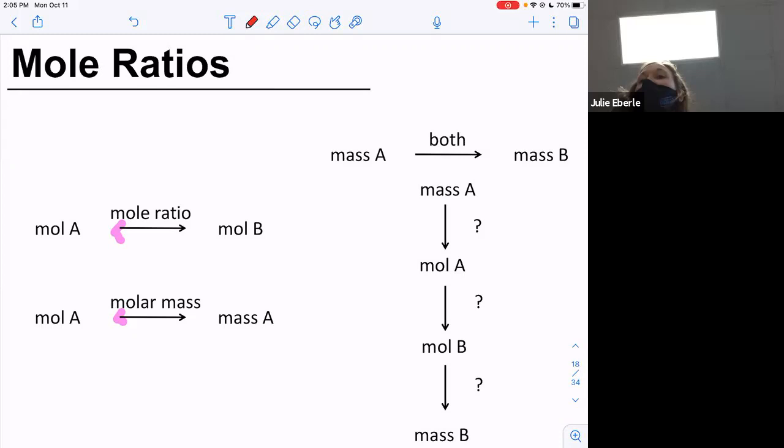We're required to produce this much tungsten. Okay. So here I have grams of one thing, and I want to go to moles of something else. So I'm starting with the mass of tungsten. I first have to get moles of tungsten, then I'll have to get moles of tungsten oxide. That's why I like this diagram so much when you know how to read it, because it tells you exactly what to do. So I'm going to start with 5.45 grams,